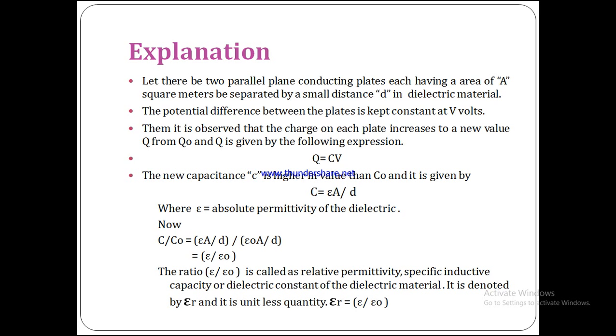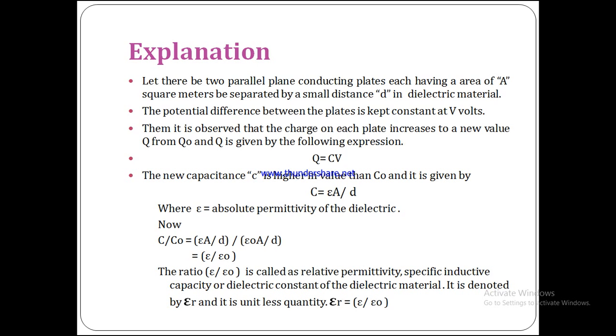Then it is observed that the charge on each plate increases to a new value Q from Q0, and Q is given by Q is equal to C into V, where the new capacitance C is higher in value than C0,